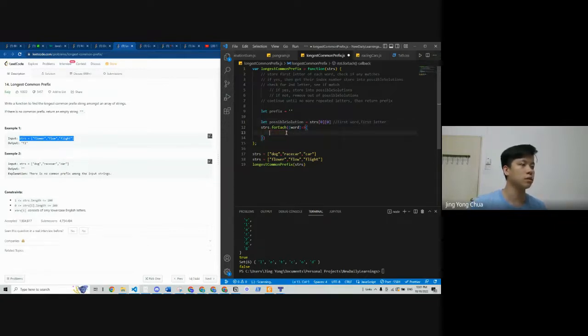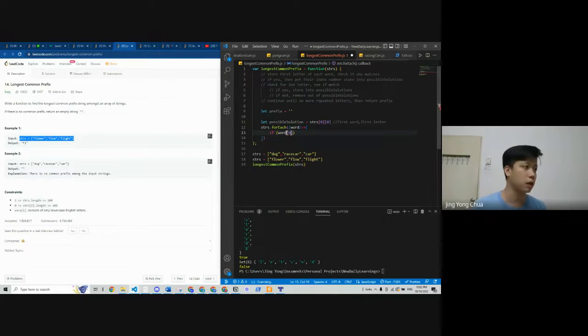And then here, this one is if possible solution, if word, right?